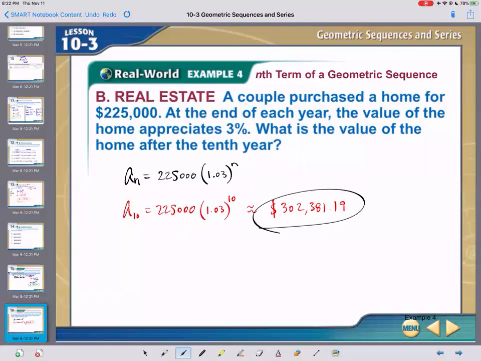302,381.19. Perfect. That would be the value after 10 years. So you can see buying a home, and just to stop the lesson for a moment, let's talk real world. It's very effective. If you can afford a home and if you're planning on living in the city for a while, it's wiser monetarily, speaking of money, to buy a home rather than rent if you can afford to do so,